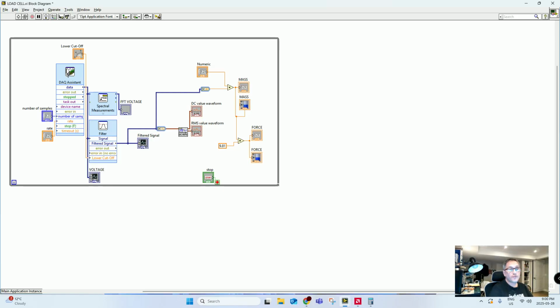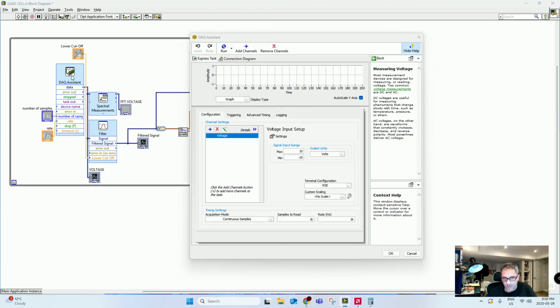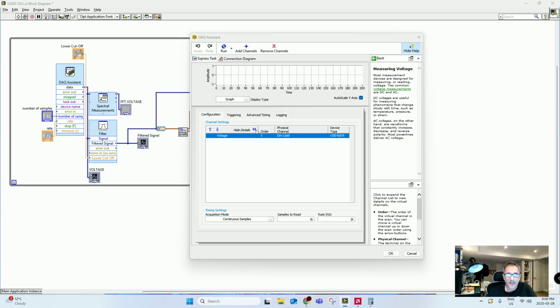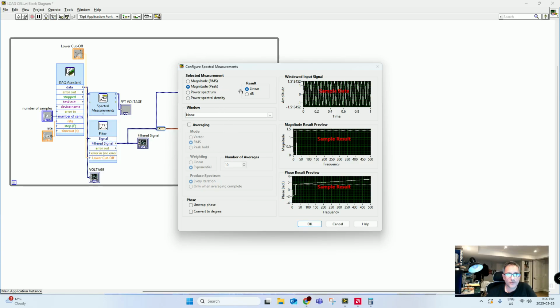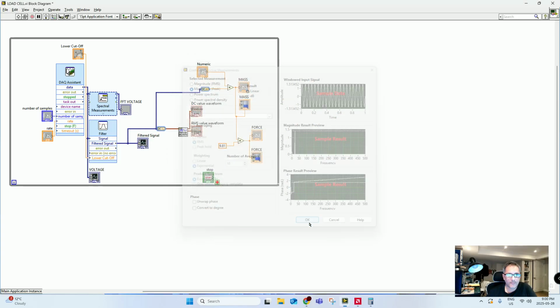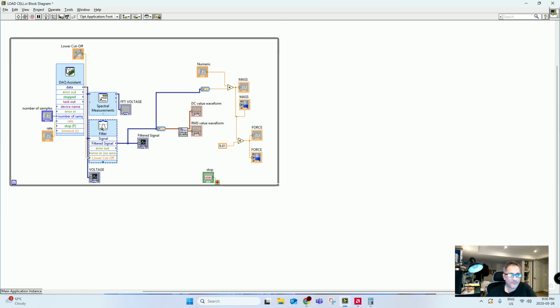Yes. All right. So once we establish the acquisition parameters, which is a continuous sample in a reference single-ended, on channel AI0, the first channel, we push OK. Perfect. Now the DAQ has been set up, and then we have implemented the FFT according to these values. The filter,